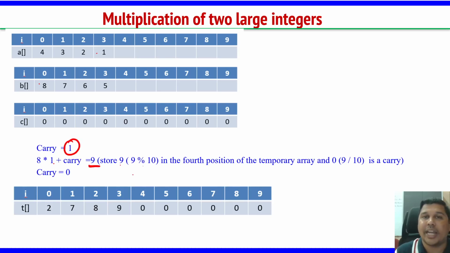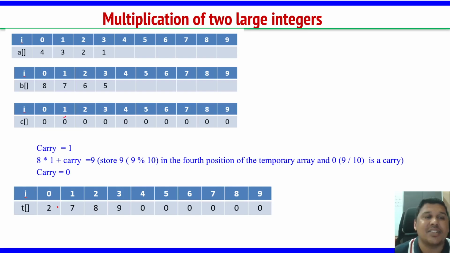So 9 modulo 10 is 9, I have kept it here and the carry becomes 0, because 9 by 10 is 0. So one iteration is over. Iteration 1 is completed, that is, we got 2, 7, 8, 9 as the result. Okay. Now, once multiplying 8 with 4, 3, 2, 1 is completed, after this you have to